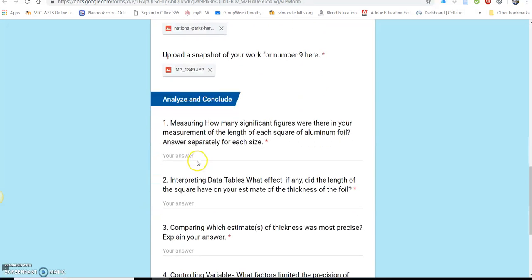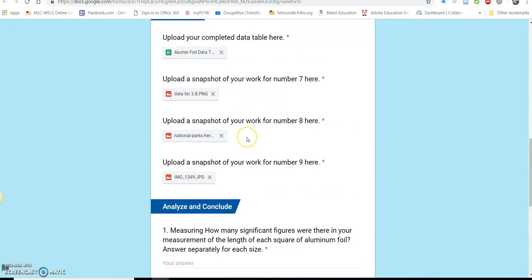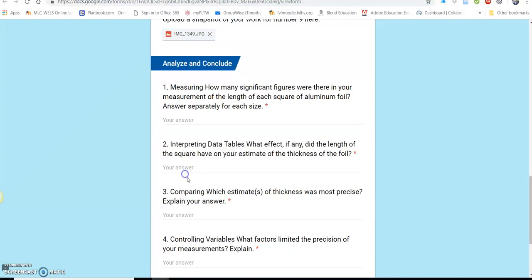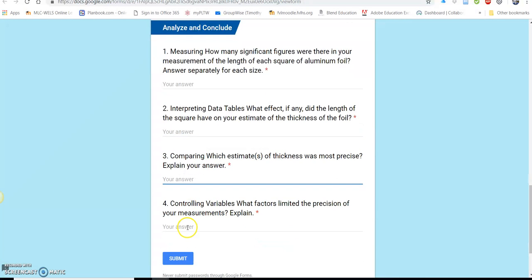And now that you're done uploading the files, that's really kind of the challenging part, especially if you've never done that. But now you're going to go in here and you're going to answer the 4 questions from your packet and type your answers in here in a clear way. Right? And once you're done, then you'll click submit, and that will be turned in. All right, so that was the video to help you to hand in the aluminum foil